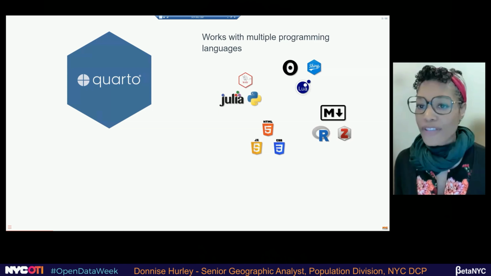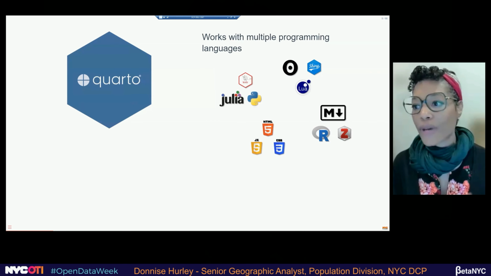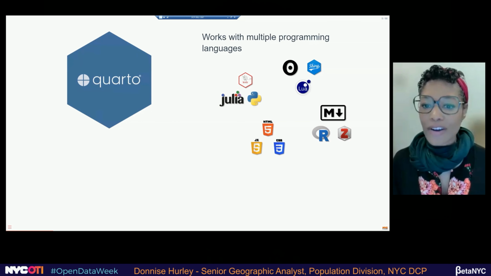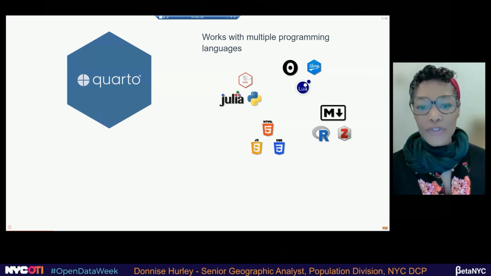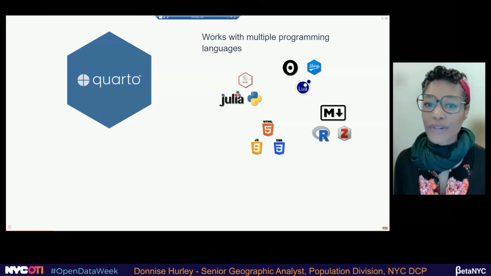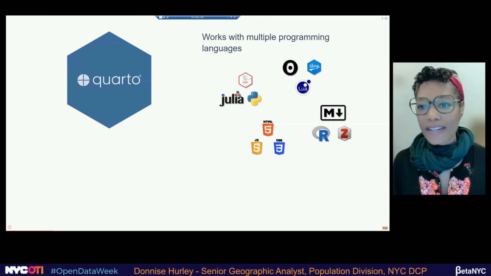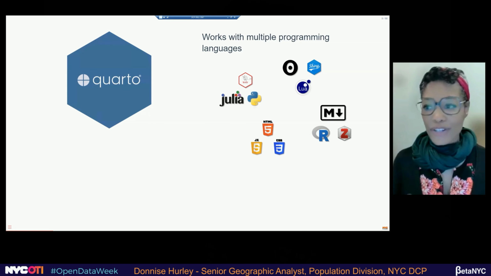One of its strongest features is it can use multiple programming languages. With R, if you're using R Markdown, you basically are kind of stuck with using R, and then you write with Markdown. But with Quarto, you can use Julia, Python, Observable, HTML, JavaScript. This is really a great strength of the system, because if you're collaborating with people and they have different skill sets, you can still work on the same document. One person may use R, the other person is using Python, but you can still work together.